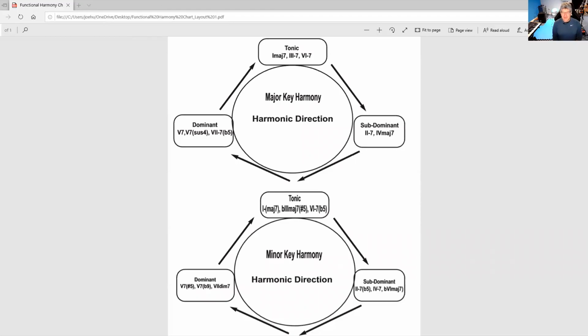I've got some really good stuff to share with you today. As you can see, I've got this chart here, and this is the one thing that we need to kind of round off what we've been talking about for the last few days, is how these 9 different chord types function in functional harmony, because this is how you're going to see these chords placed in tunes that you're going